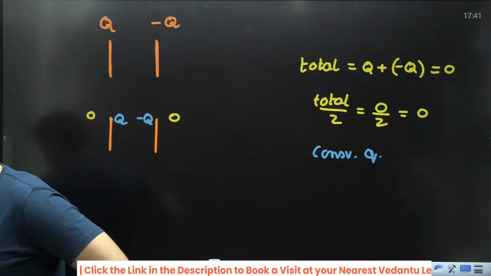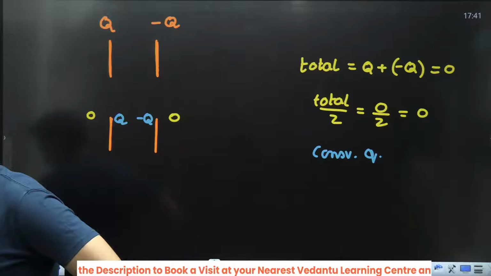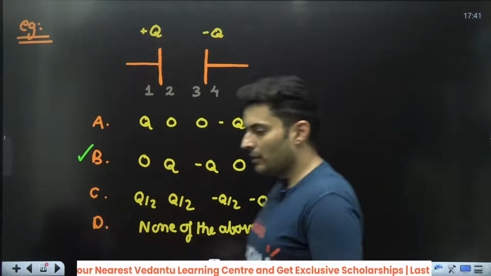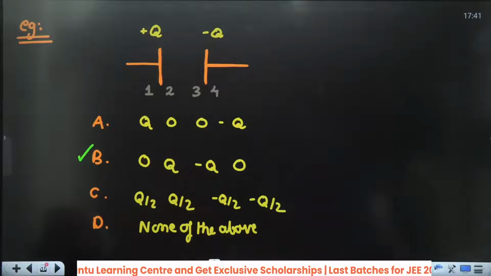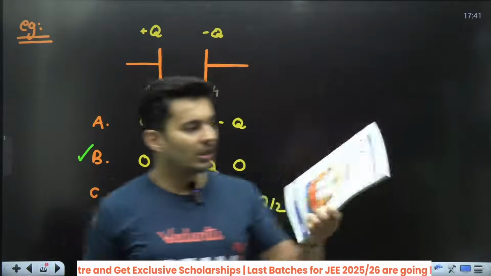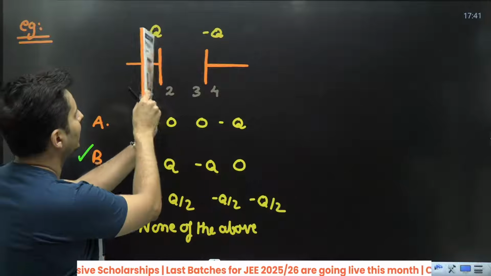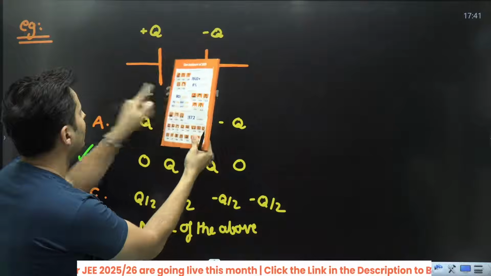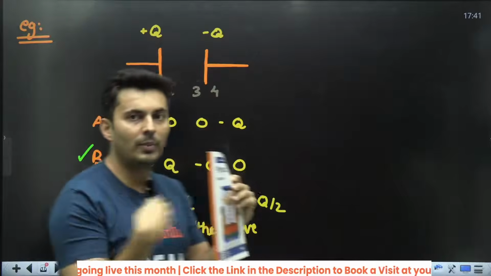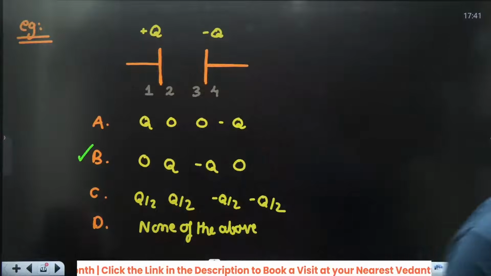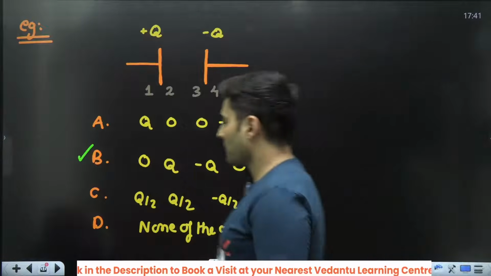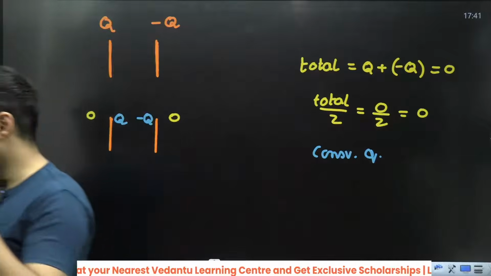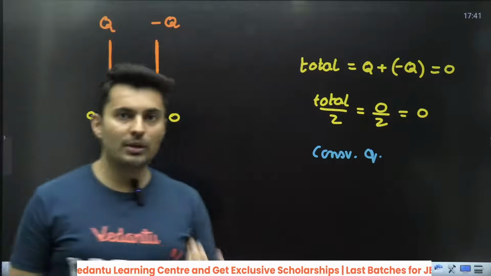So did points 2 and 3 mean the plates themselves, not the gap between the plates? Yes, it meant the side of the plates, the inner side. See, for example, I will take this book, the Tattva book. Imagine this is that plate. So this side is side number 2 and this side is side number 1. Which side of the plate are we talking about? That was 1 and 2, or 3 and 4. Inner side, outer side, and so on. Now clear? This is how the charge distribution occurs. I bet many of you did not know about this.